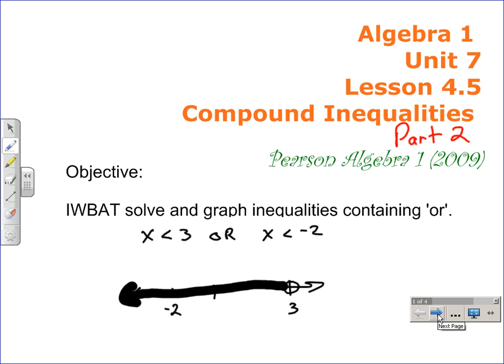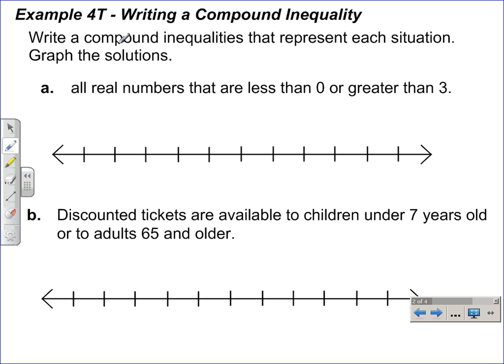So let's take a look at example 4t, writing a compound inequality. Write a compound inequality that represents each situation. Graph these solutions. Part A, all real numbers that are less than 0 or greater than 3. This should be pretty easy to translate. Less than 0 or